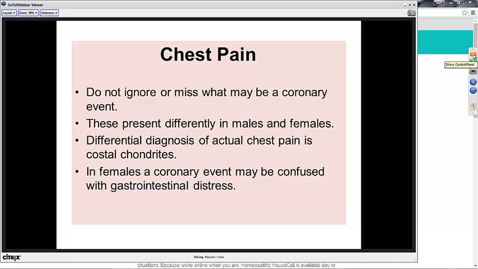So a good history is a wonderful thing, and the remedies that you're going to use, and you'll see that in the program, for coronary problems and for costochondritis are going to be different. And the questions that you're going to be asked in the program are different. Any questions about this?